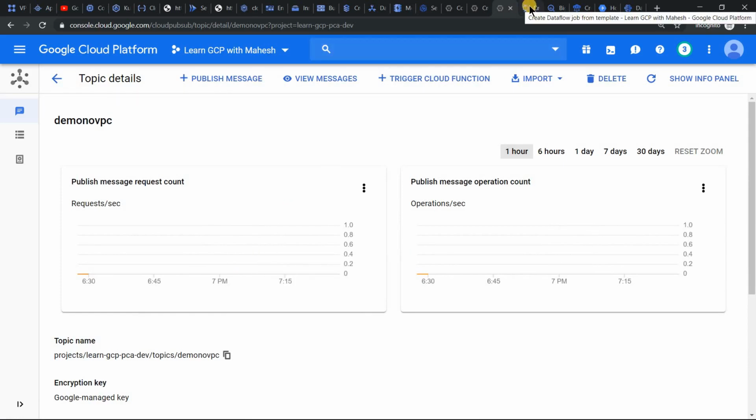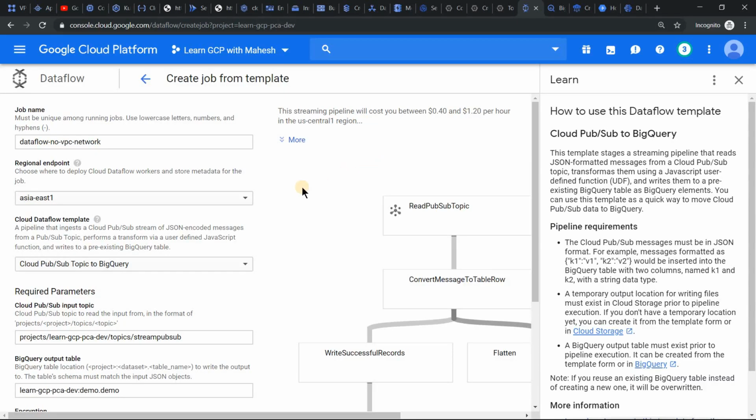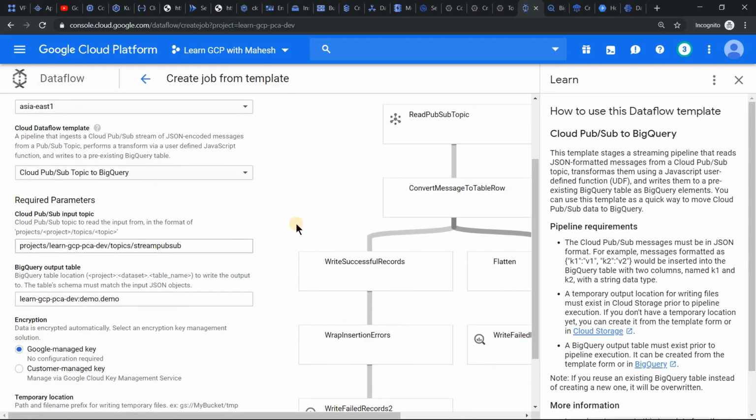Let's move on to the next component, which is Dataflow, an execution engine for your Apache Beam. I have filled in the form. I have used a template which is Pub/Sub to BigQuery. This is the first video which I did on my channel, where I do streaming analytics by pushing JSON content via Pub/Sub, it gets processed or transformed in Dataflow, and the data is persisted in BigQuery. It's the same template which I'm using here. Now I have already filled in the form.